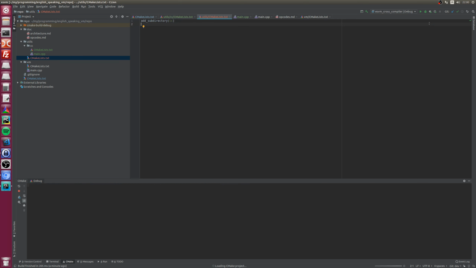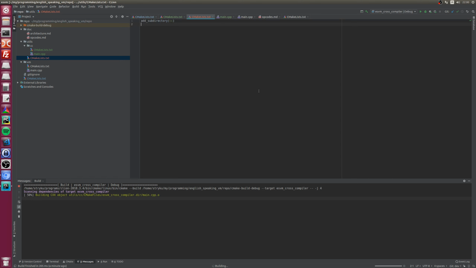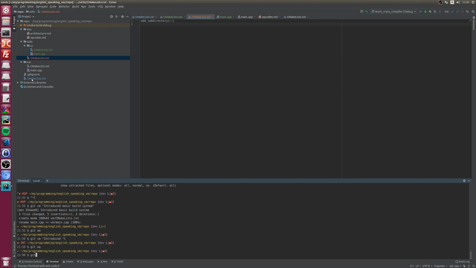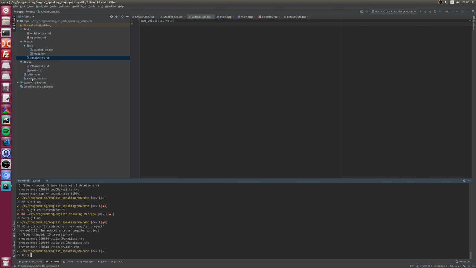See? Yeah, reload, build, run, cool, works. So yeah, introduced cross-compiler project.